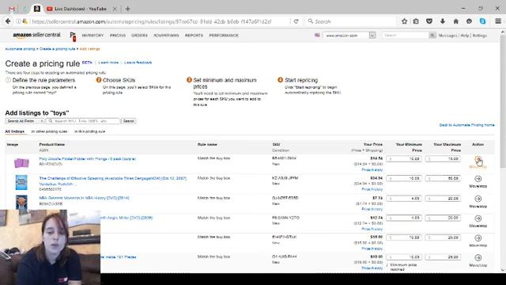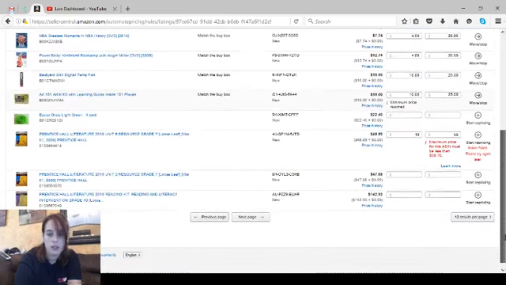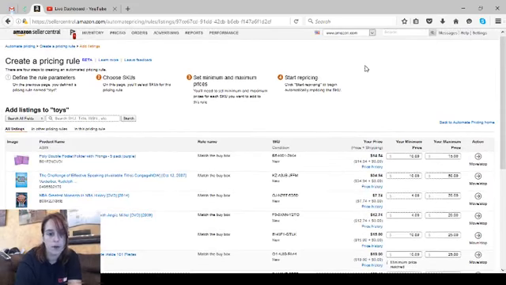And then you'll just come over here and it'll give you an option to restart that pricing, but you're going to have to do that with every single item that you go in and automate or reprice yourself. You're not going to just be able to probably let it go. You're going to have to check up on it every now and then, but like I said, it is a lot simpler